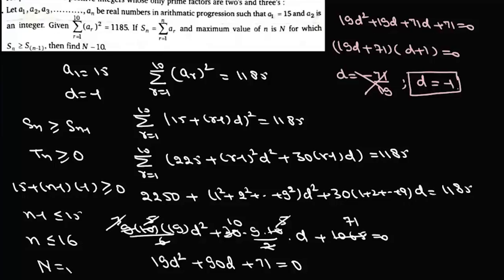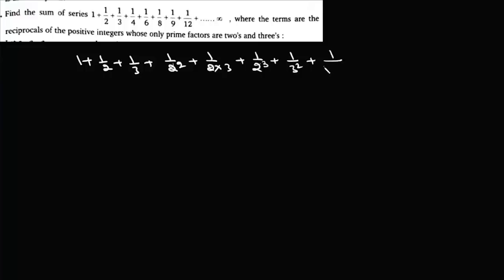So the greatest value of n is 16, and n minus 10 is nothing but 6. Now the question is, find the sum of this series: 1 plus 1 by 2 plus 1 by 3, 1 by 2 square, 1 by 2 into 3, 1 by 2 cube, 1 by 3 square, 1 by 3 into 2 square, up to infinity, where the terms are reciprocals of positive integers whose only prime factors are